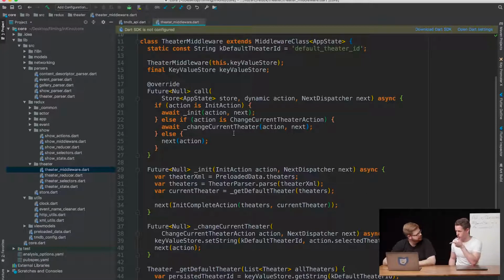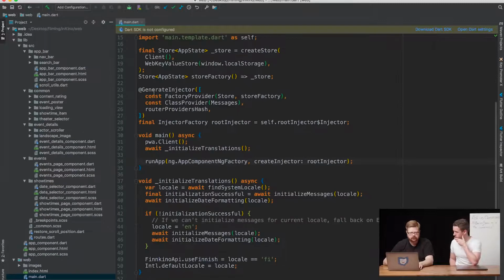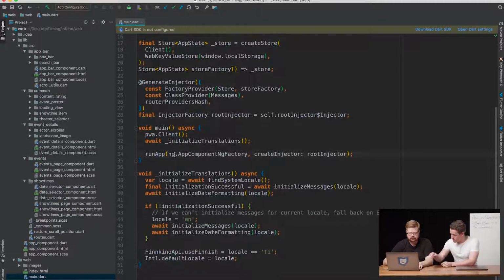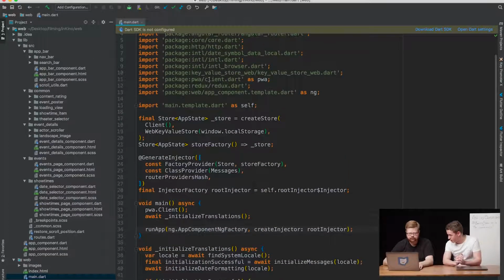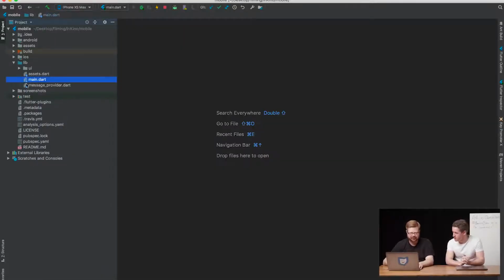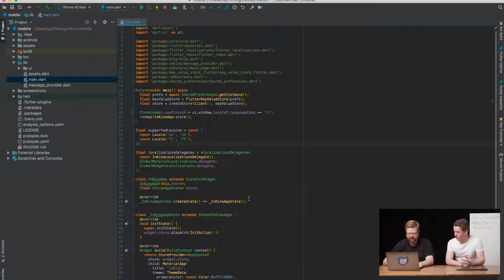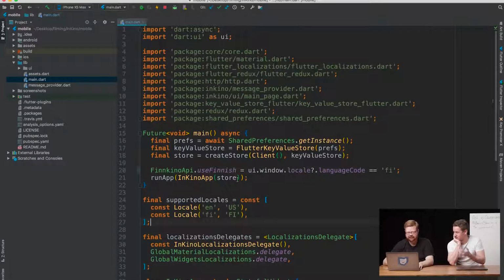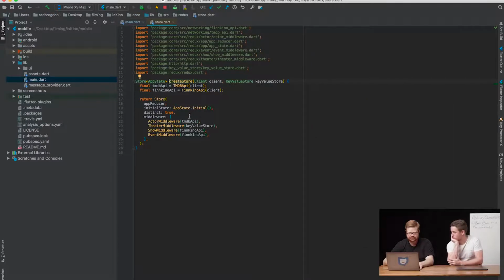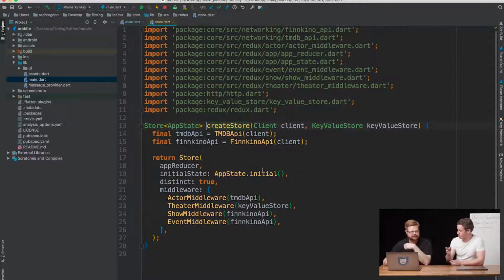interesting part of this. So if you can go to the entry point of the Flutter or web app, the main Dart file, yeah, here. So basically, here's the function call on the 17th line. If you command click on the create store. Oh, okay. Let me go to the mobile one, I'll probably have an easier time navigating through the code. It might be that it doesn't work here, like I set up something special. Okay, awesome. So this is basically the code that creates the Redux store, and it takes in a client and